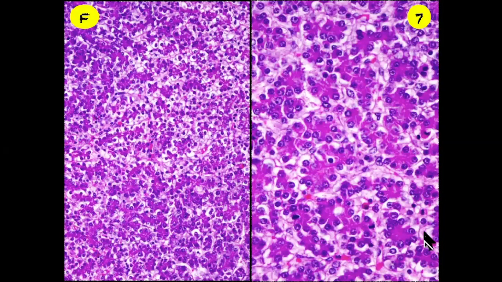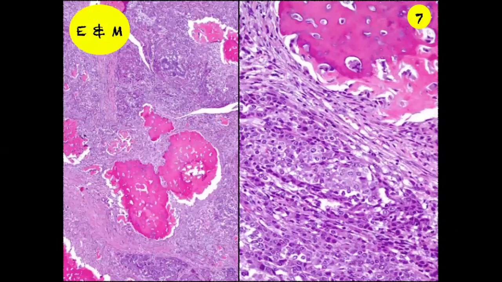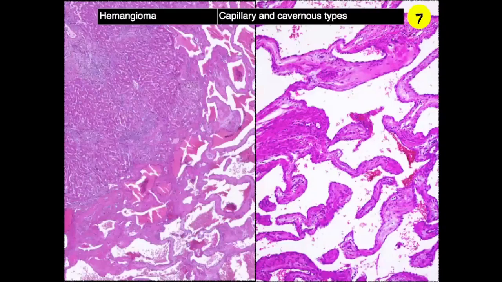This is more trabecular type, and imagine when the trabeculae are cut tangentially, they will look like acinar. Okay, so this is more trabecular type. When you see trabecular, again you have to divide them into microtrabecular or macrotrabecular. This is epithelial and mesenchymal, where you can see mesenchymal compartment, osteoid, and small cell or embryonal type of hepatoblastoma.